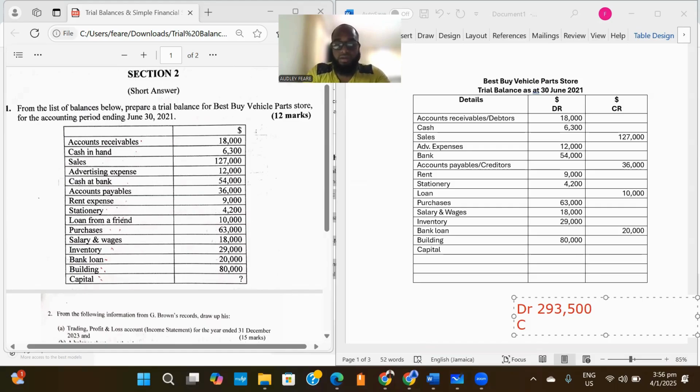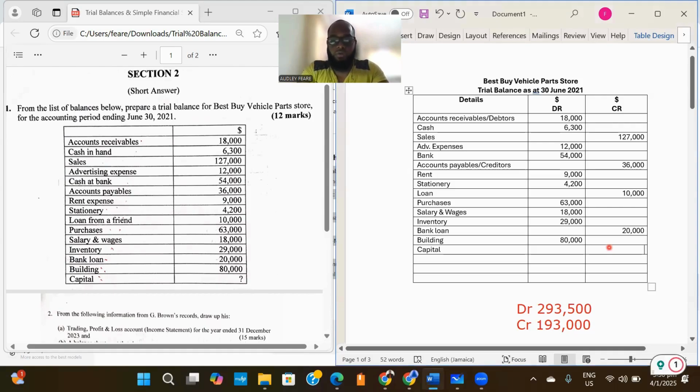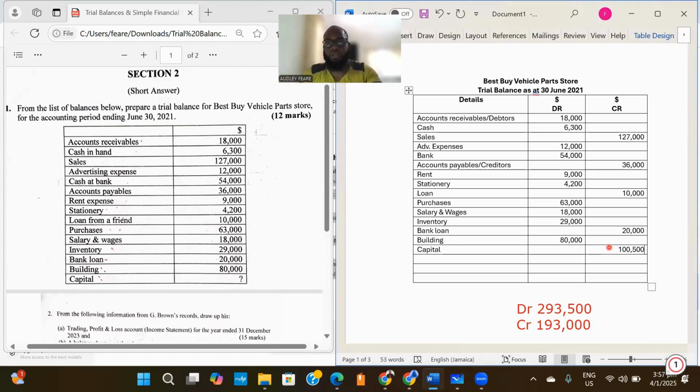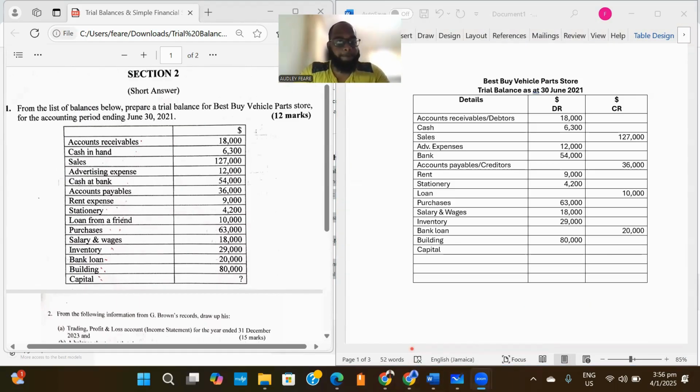And for the credit side thus far, it is 193,500. So how do we make both sides equal? That means the capital figure. We have to subtract the 193,500 from the 293,500, and that would give us the capital figure, which is 100,500. And now what we're going to do is to add both of them, and we get the balance for the child. All right, so after